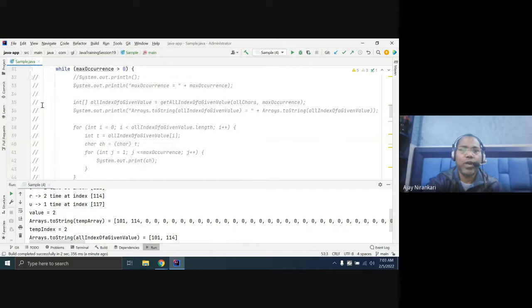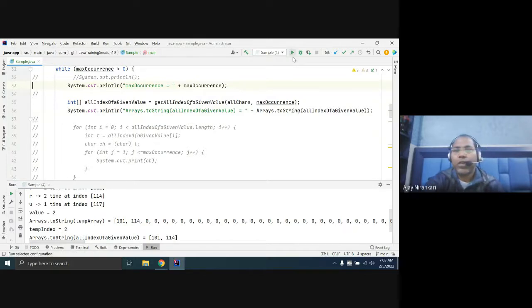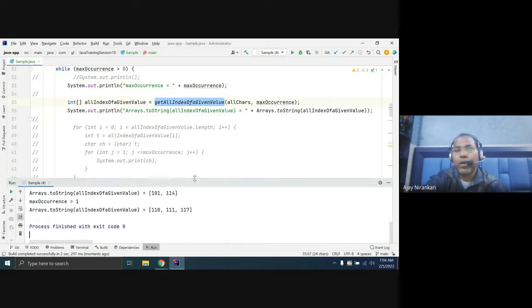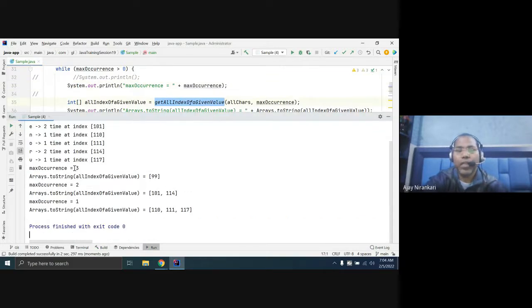You have invoked this inside a loop. Till now it's clear that you are invoking this method for all the lengths, max length equal to 3, 2 and 1. You are getting all the indexes, meaning your characters.